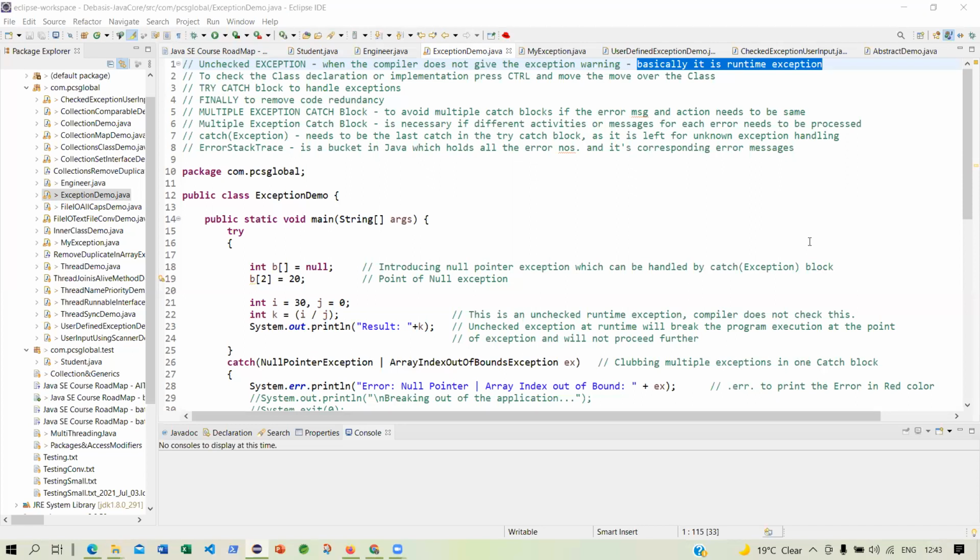And a logical error, if you have not checked it prior, will give you basically a runtime exception, because it has not been caught by the compiler, and neither have you checked it. So what will happen? It goes to production, or it goes to the runtime error. So suddenly the user will get an error which you have not checked or handled.